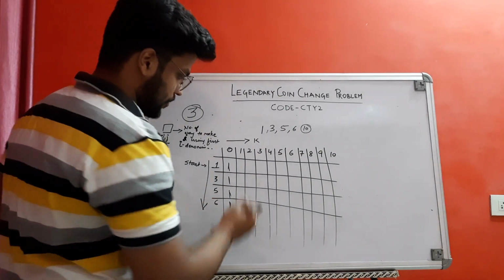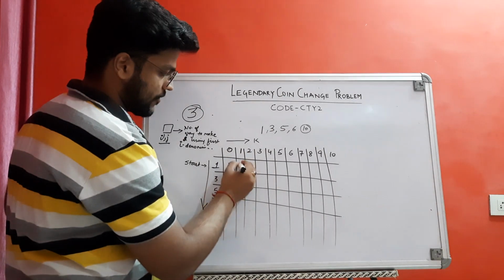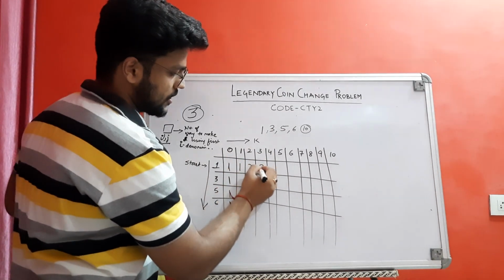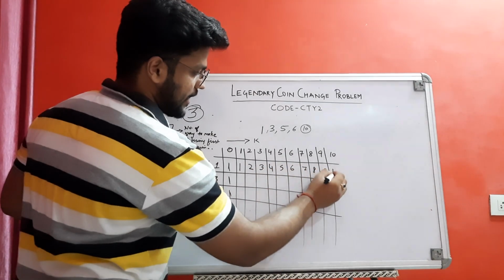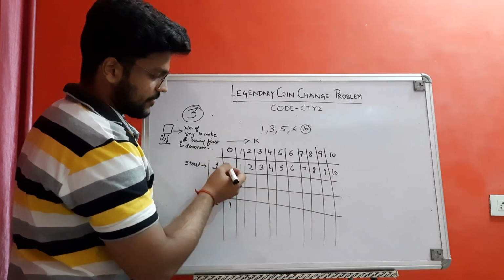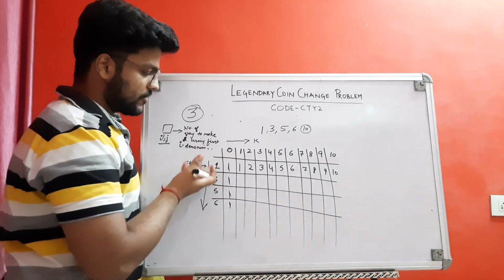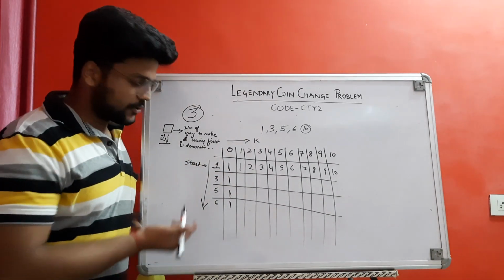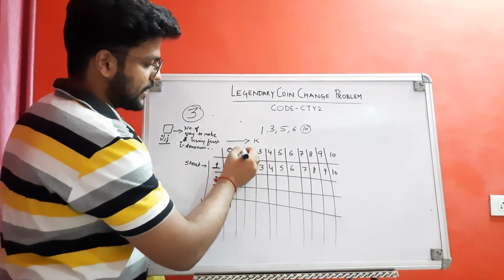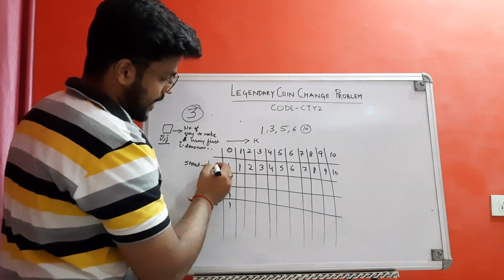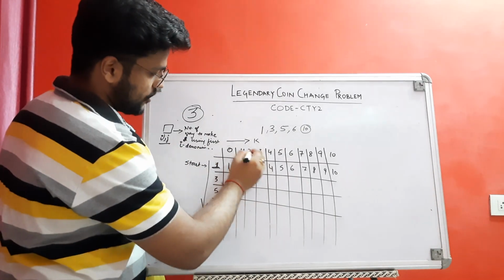Okay, so now start with 1. To make a sum of 1, I will require 1. Then sums 2, 3, 4, 5, 6, 7, 8, 9, 10. To make these sums with a single denomination of 1, there is always one way: you can see that I have to use 1 coin of 1 rupee to make a sum of 1, and 2 coins of 1 rupee to make a sum of 2.